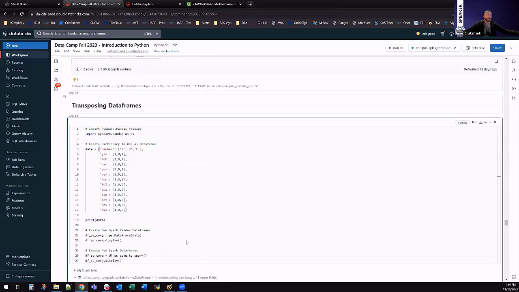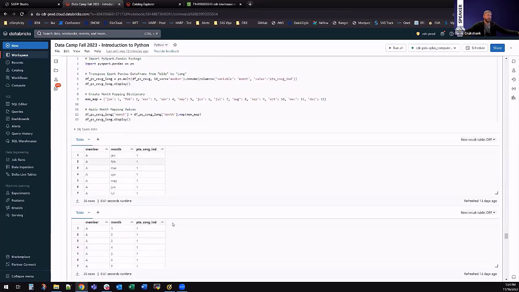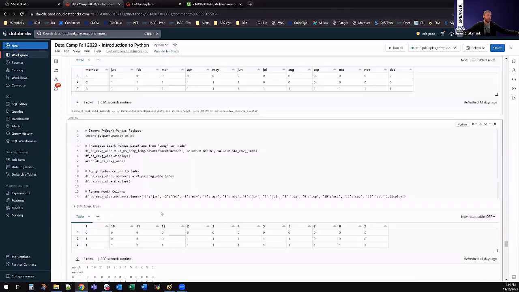This gets a little bit into transposing. I'm going to blow through this, not talk about it too much, so that I can get a little bit more into the actual